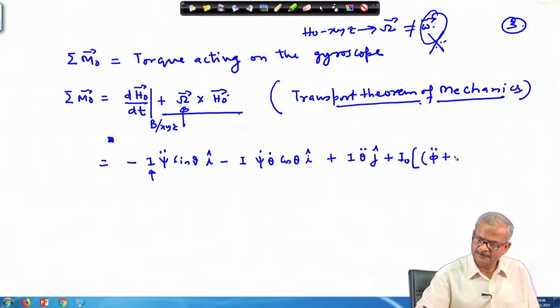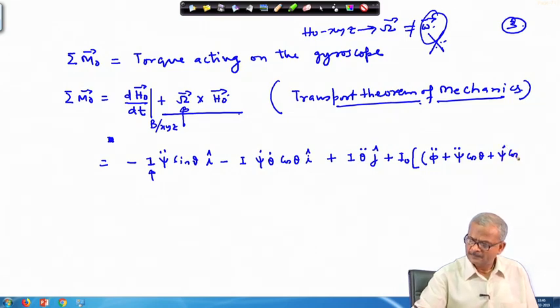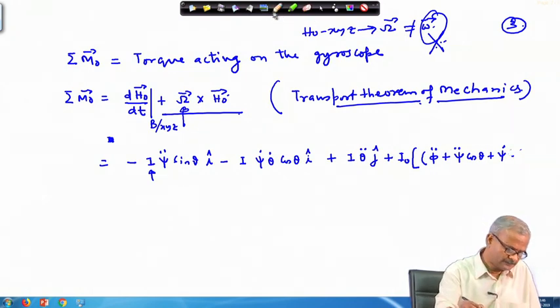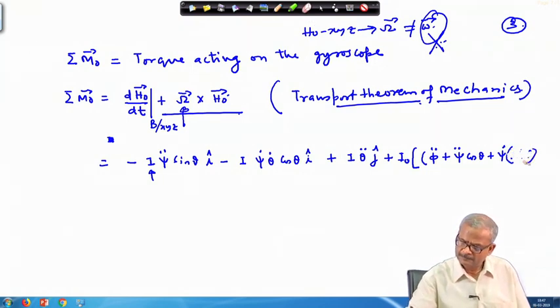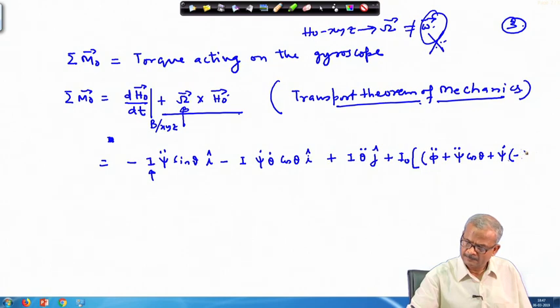phi double dot, the other term is psi dot. So, this will be psi dot, and then cos theta is there. So, cos theta will remain, another term is psi dot. So, this will become psi double dot cos theta, then psi dot cos theta will get differentiated. So, that becomes then the sin theta with minus sign, okay, with minus sign here. Minus sin theta times theta dot.